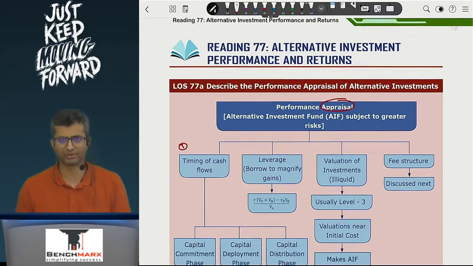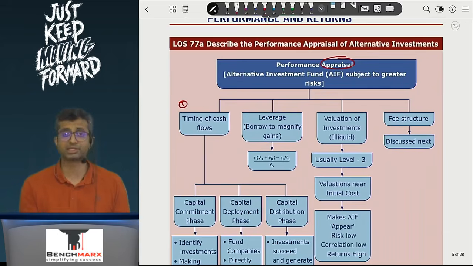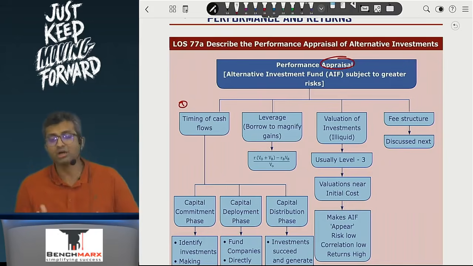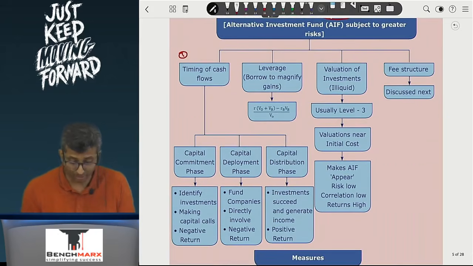First is the timing of cash flows. Now, unlike a mutual fund, etc., which can keep on generating positive returns from the very first year, the timing of cash flows over here are quite unique. Like, there'll be 3 distinct phases in a fund. Now, if a fund has close to 8 to 10 years life, the first phase is usually the capital commitment phase, where